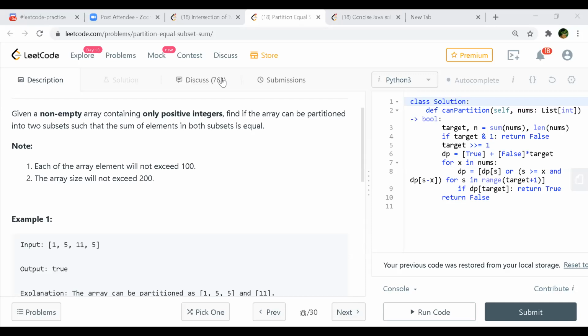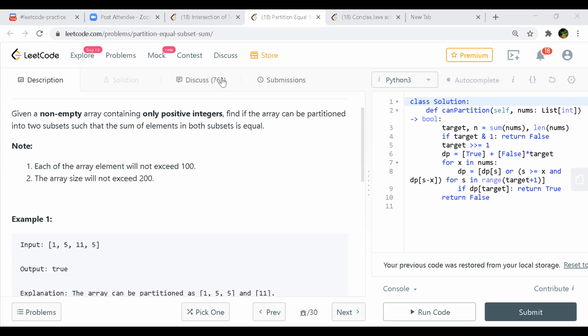But are you not also thinking similar to what Praveen is saying? Somewhat. Okay, but I think getting a brute force is not so easy, or maybe this is the only brute force way. We anyway have to find the sum of the input array first, to validate at a very high level whether it's possible or not. Then we already have the information: whatever the sum is, we just divide by 2, and then we go whatever way we want.